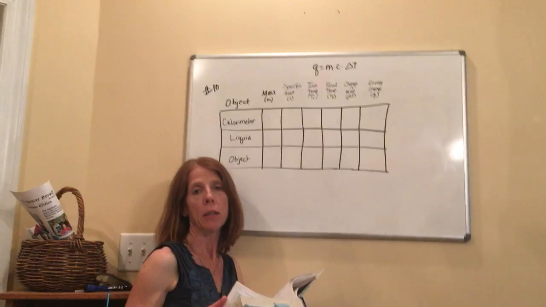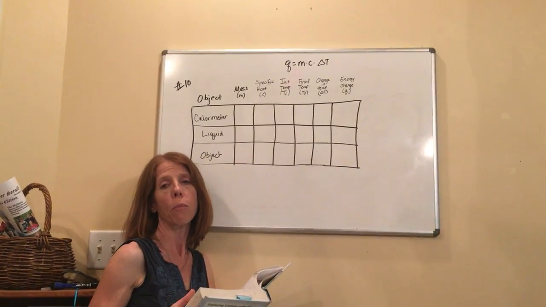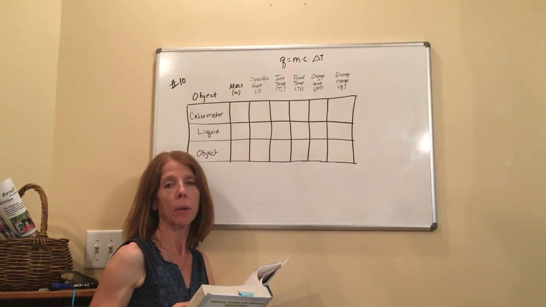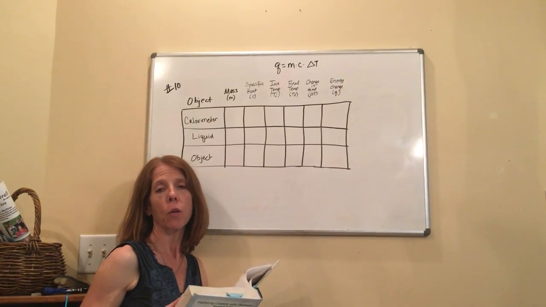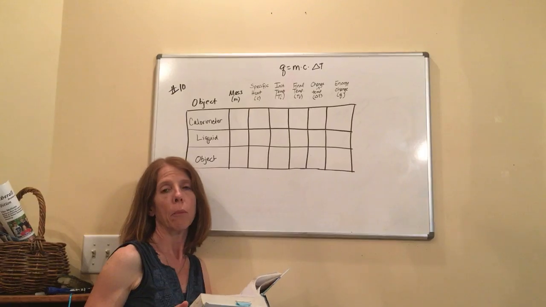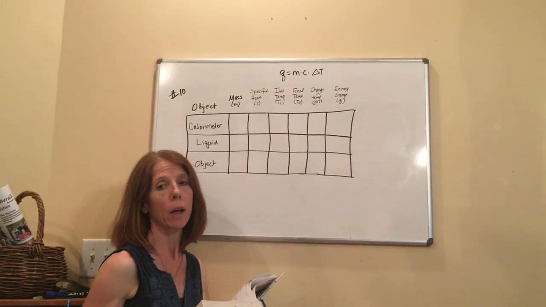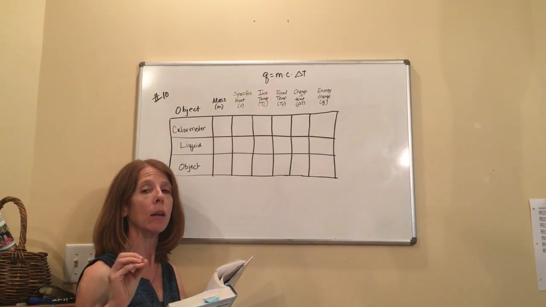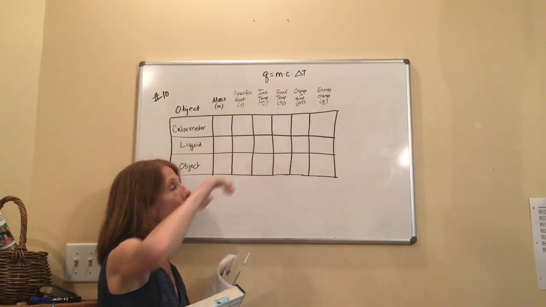I'm going to take a couple minutes and work out one practice problem for you on the board here at my house in case the calorimetry problems are a little bit confusing. So I'm not going to do a lot of lecture. I'm assuming you've read the book, but I want to talk about the equation real quick. The equation that we're using for all of these changes in heat energy is the equation Q equals mc delta